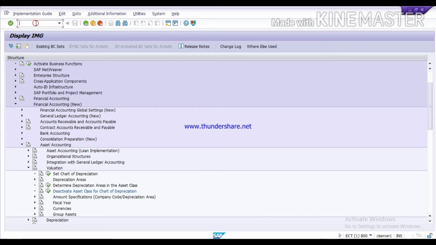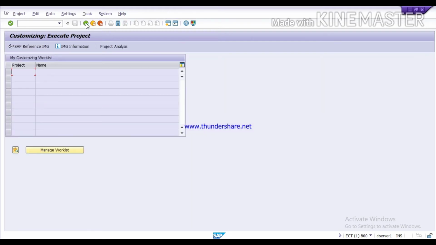The step is the same, SPRO. Then SAP Reference IMG. I'll go back and come from the starting. SPRO. Then click on SAP Reference IMG.